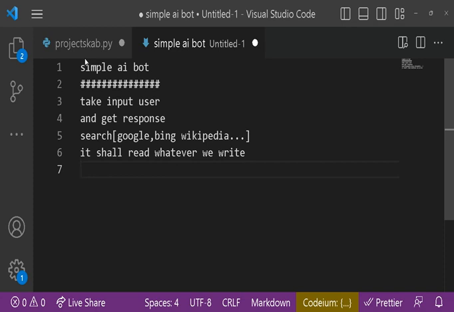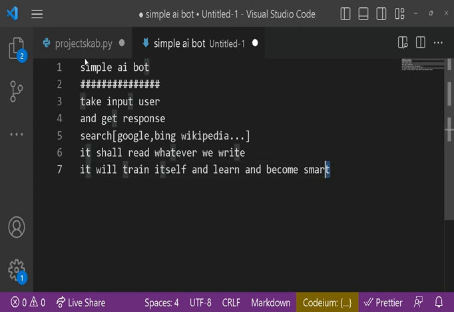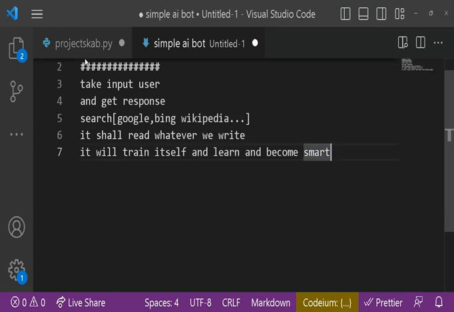Definitely, one function I would love to add, but I am still working on it, is that it will run, train itself, learn and become smart. That's my basic target, and with your help I will definitely achieve my goal. So let's jump in.